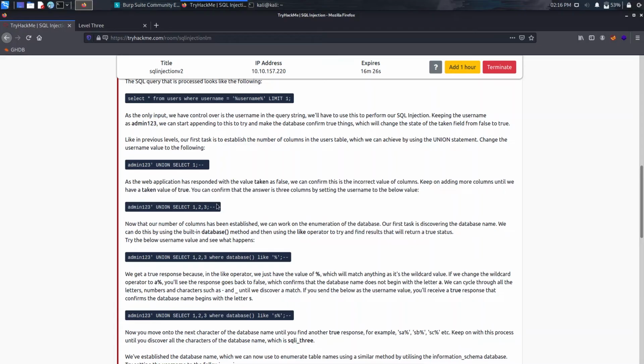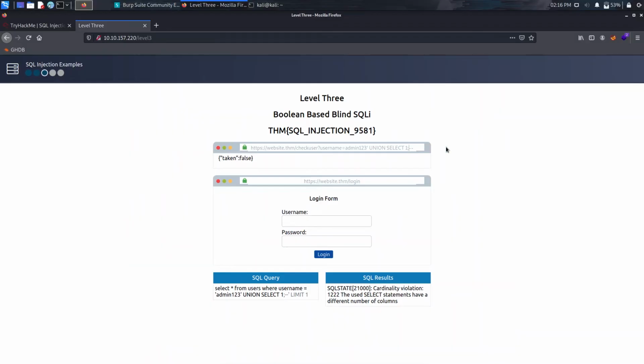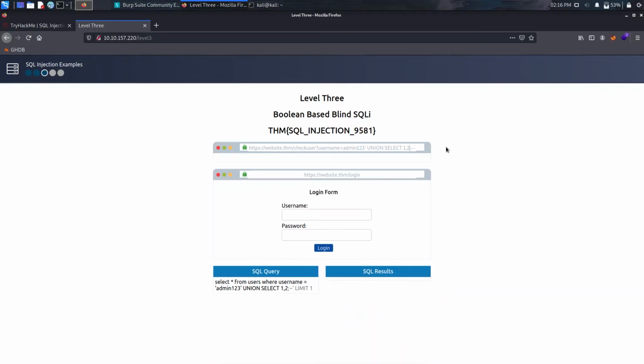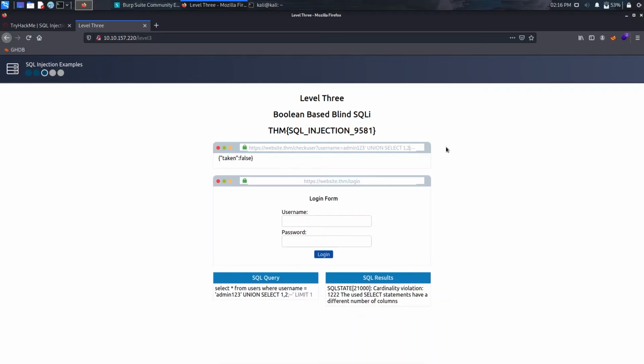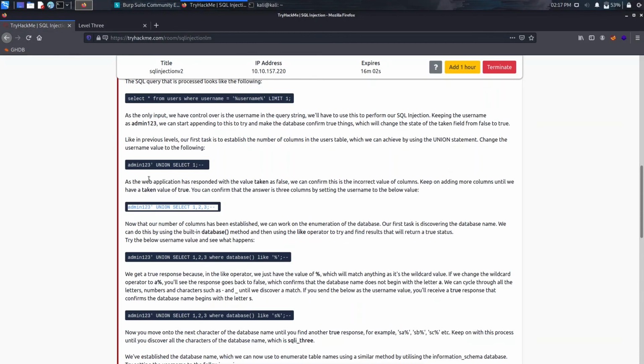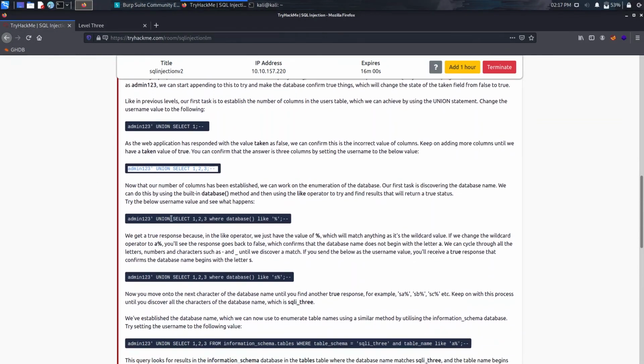So next we will try using it with 1 2 3. We can also just run it, it's a type of brute forcing, guessing. If I just run it with 2, it will show false and error. So then with 3, it won't show any error, and we will have a value of true. Since we are having this value as false but this value is true, it means we have got the correct number of columns for the select. So we will keep it as 1 2 3, and now we will